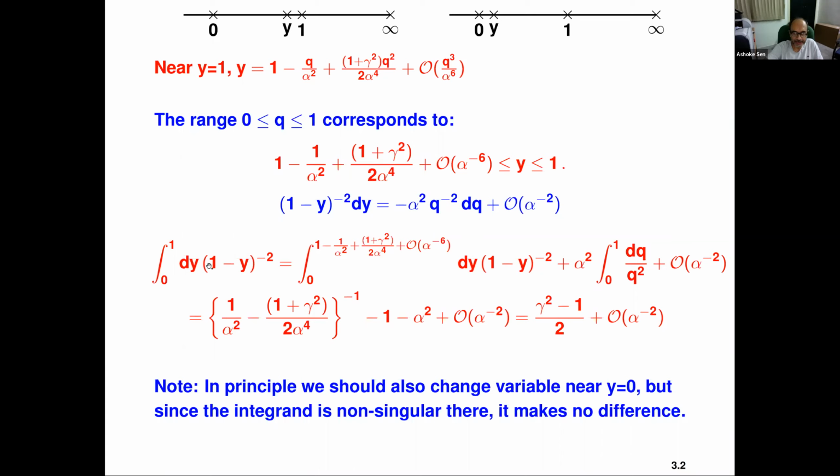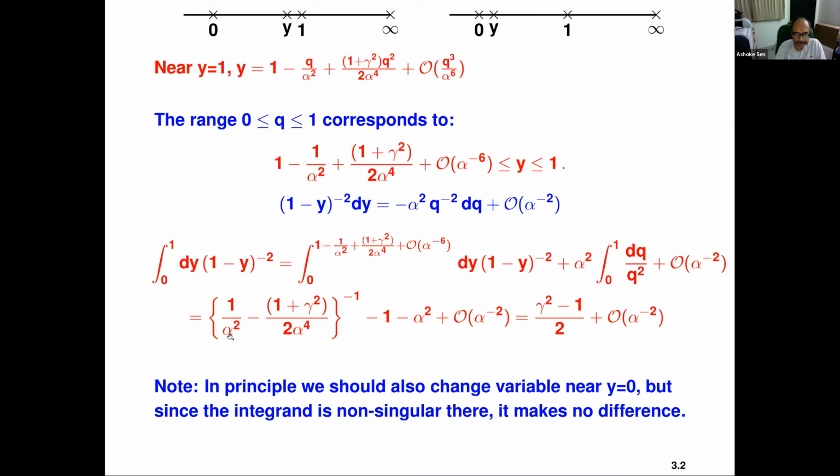So this integral is rewritten in this form. And now the idea is that for this part, you will do the integral as it is, because this is a finite integral, so you can certainly do it. That's the first two terms. For this term, we'll use the replacement rule that the integral from 0 to 1 of dq over q squared is actually minus 1, because this is representing really 1 over L0, with L0 equal to minus 1. So that just gives you minus alpha squared.